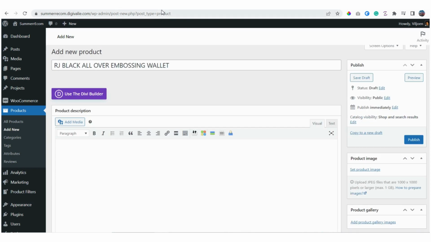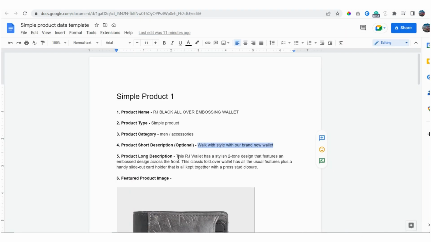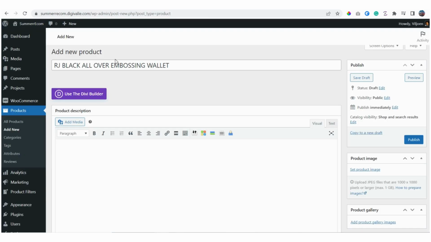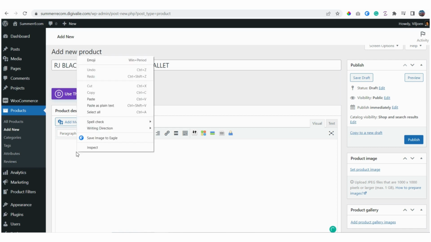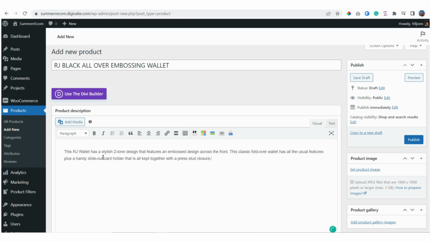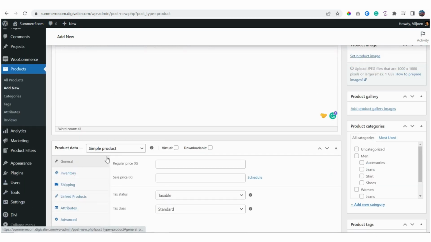and then when you scroll up again we can add the product description, which is the longer part. So here is the product long description, and I'm going to paste it right here, paste as plain text,